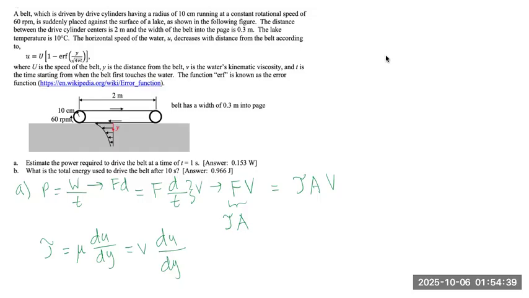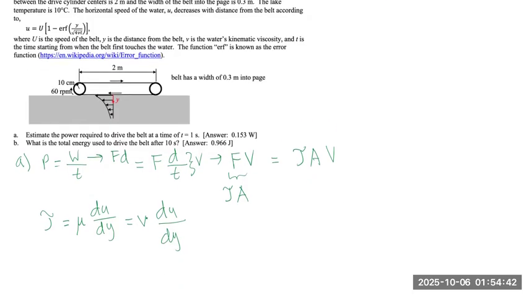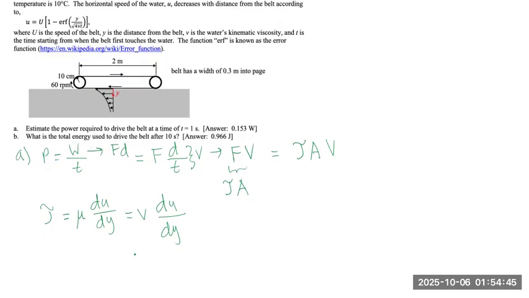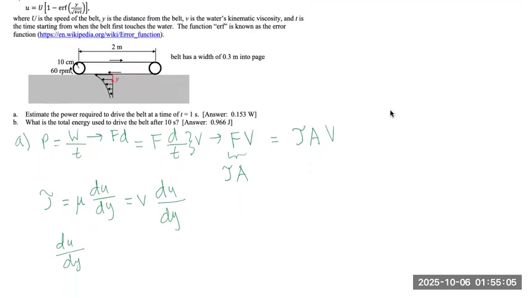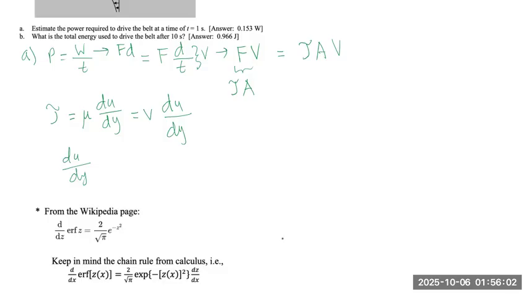So we're going to continue with the differentiation. Basically, they gave us the derivative of the error function already on Wikipedia. From the Wikipedia page, we have that the derivative of the error function is equal to 2 over root pi times e to the negative z squared. So du over dy